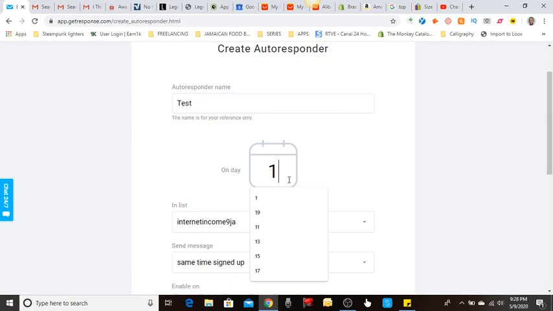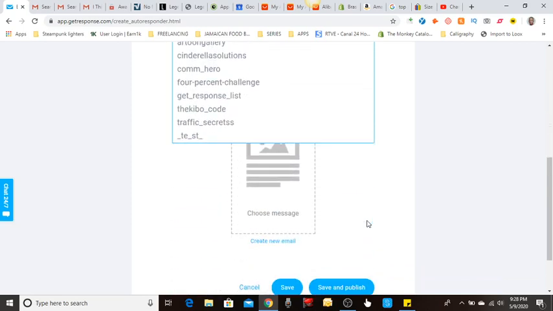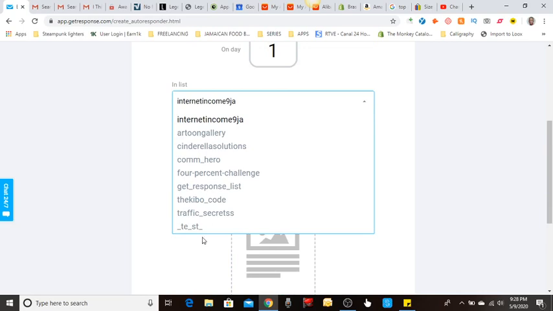When you're born, you're not 1 yet. You're pretty much 0, and then the next day you're a day old, 2 days old, if you get what I mean, until you're a year old. Same concept. So when someone just opts in or enters their information in your landing page and they sign up, that's day 0. So we want this to go to the list called test,